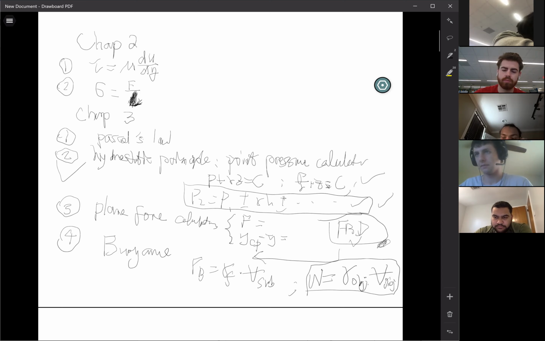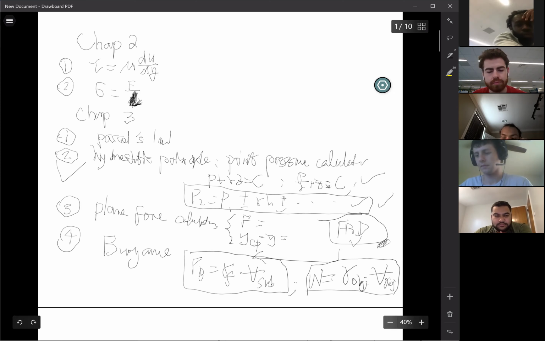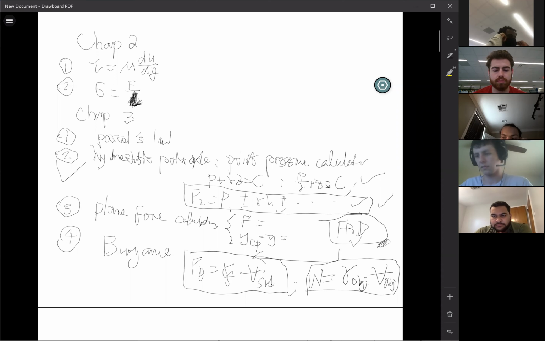Remember these two equations all together, so memorize them. That's important, and it makes the calculation easy. Sometimes it's gamma of the object times the volume of the object, which is easy to memorize. Then you can also do mg. But in some problems the trick is that the volume is given, gamma is given, rho